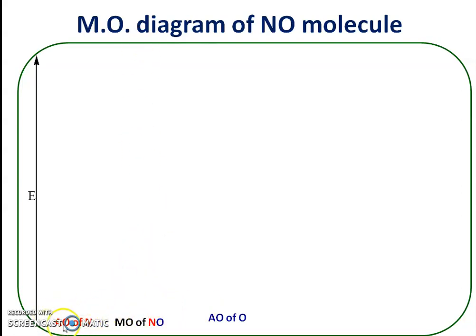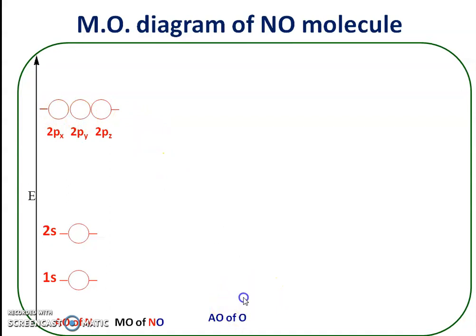And you know that in nitrogen there are three types of orbitals. In the innermost shell there is a 1s atomic orbital. It has the lowest energy. Then in the second shell there is a 2s orbital. It has more energy than the 1s orbital. And there are 3 p orbitals having higher energy than the 2s orbital, and the 3 p orbitals are 2px, 2py and 2pz. These 3 p orbitals are degenerate, meaning they have equal or the same energy.